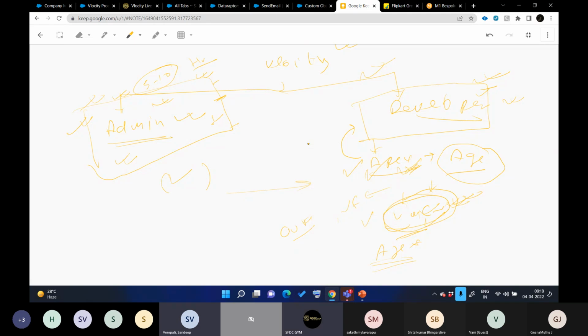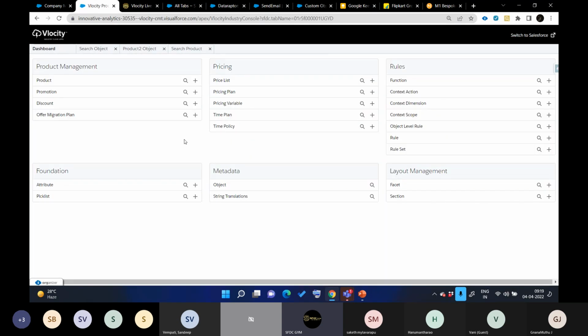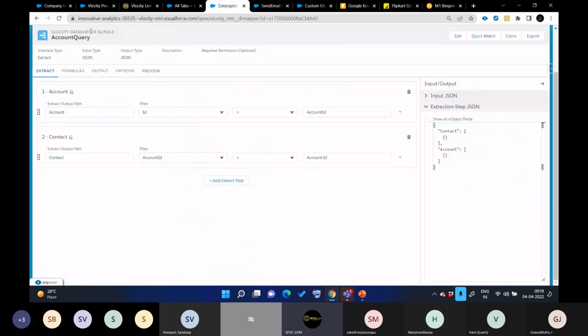Yeah. Say we have admin, sales, service cloud and marketing cloud also. Is it the same admin level, or will it change in Velocity? There is a slight change. Previously, those clouds you are talking about were specific to Salesforce, right? But here you need to work on some VF pages that Velocity created for you. Like this is a VF page, right? If I move to, yeah, this is Data Raptor, right? This is also a VF page, an Apex-less VF page. So that is the admin part where you need to understand how we can use those VF pages and what the best practices are to use those VF pages also.